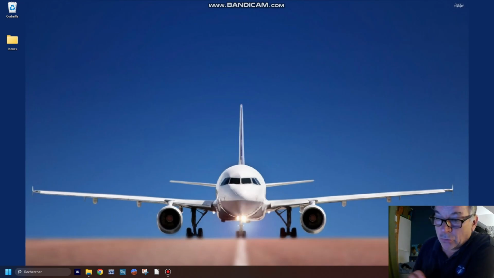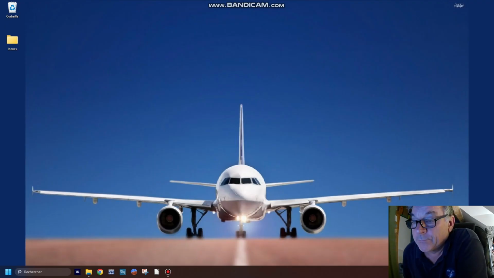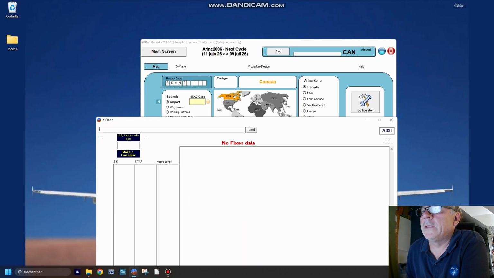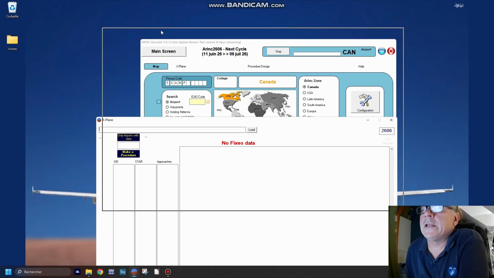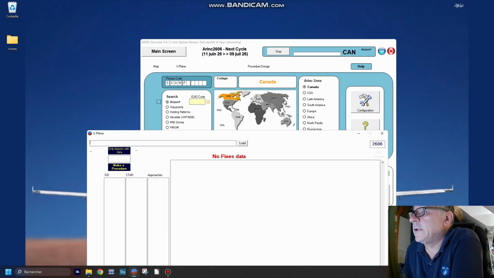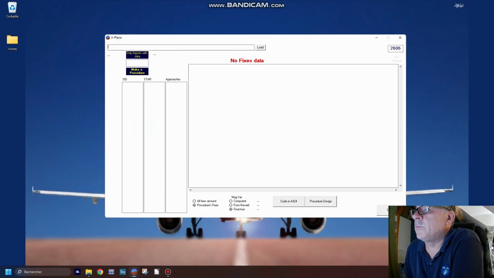Hello to all. I will show you today how to open the procedure on what we call Arinc Decoder with X-Plane version 12. First of all, when you have your license of Arinc Decoder, if you have only an X-Plane version like this one, when you load the software the first time, you will see only this window, and unfortunately everything else won't be available